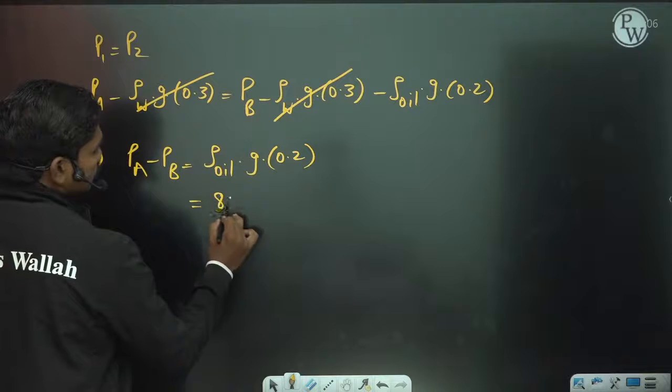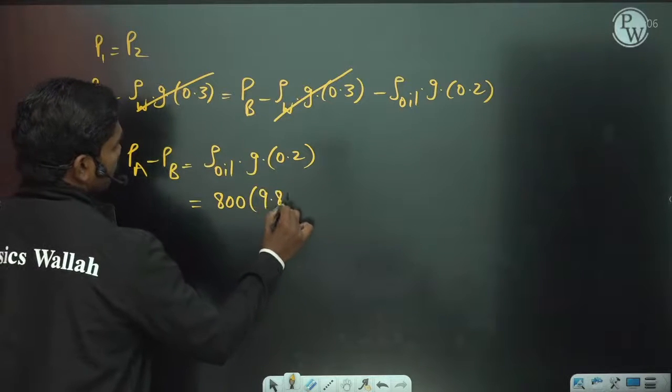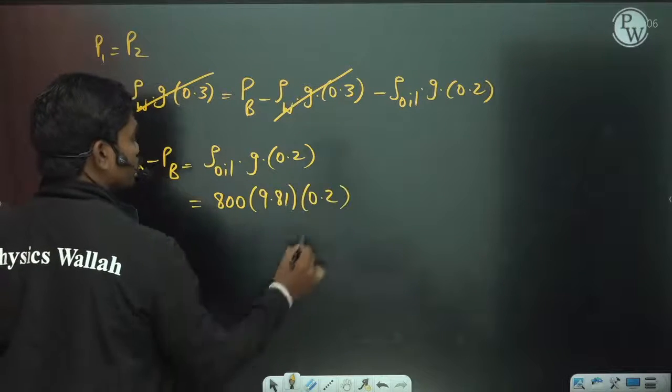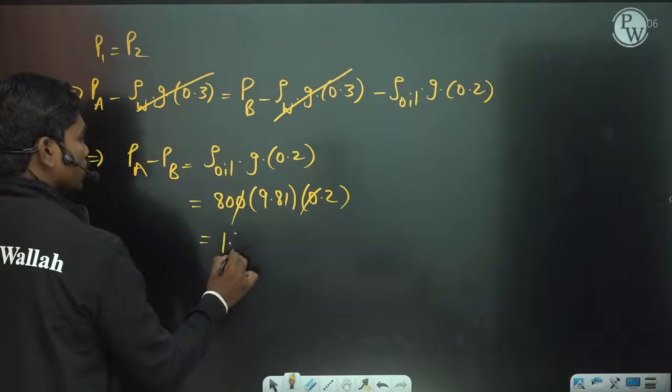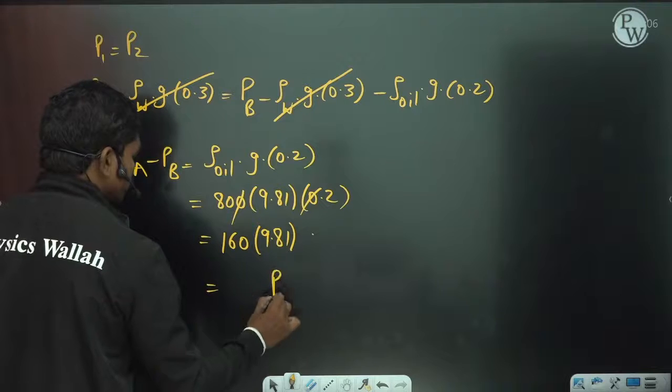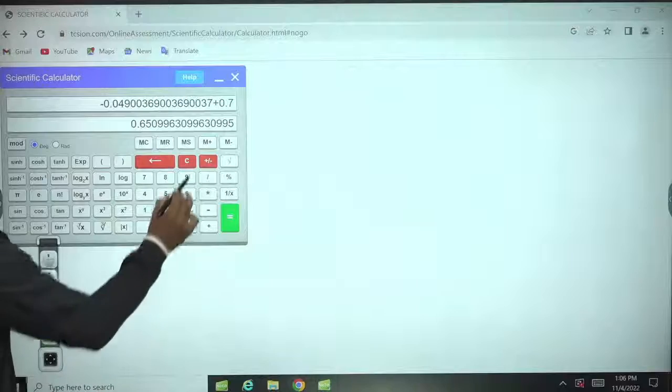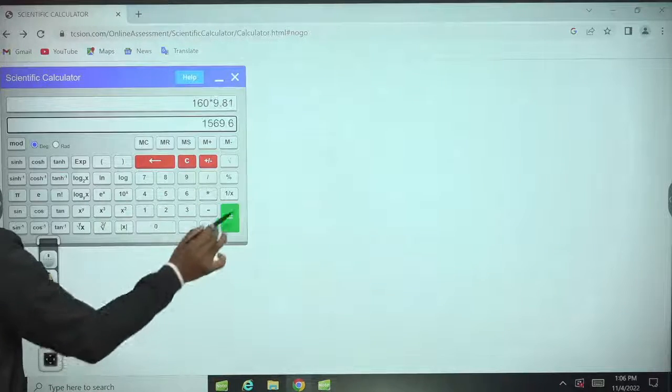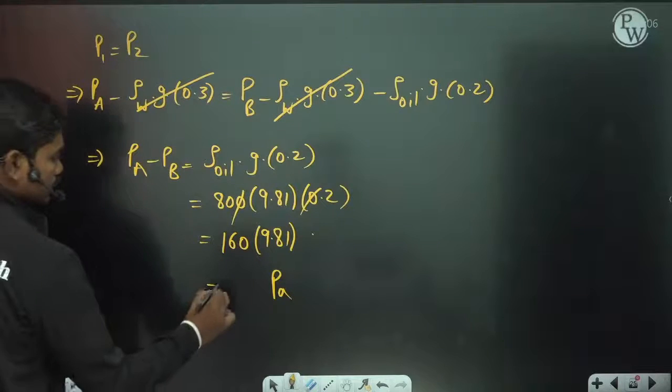So 800, G is 9.81, into 0.2. So this 0 and this 0 can cancel. So 160 times 9.81 pascals. If you check 160 into 9.81 and simplify, you get 1569.6